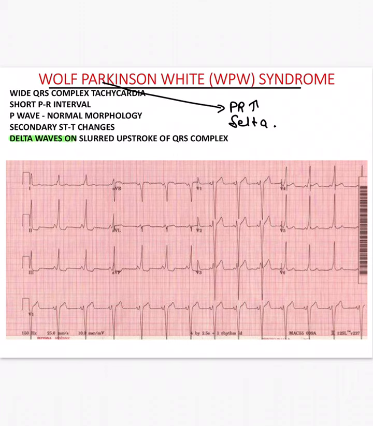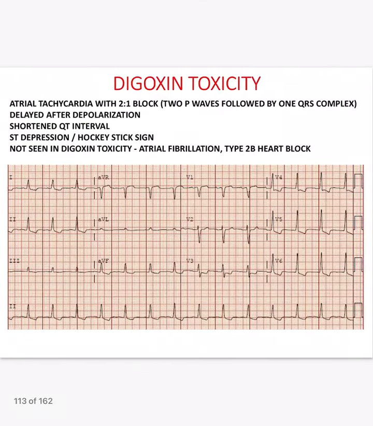So what happens? You have the delta wave, and this Wolff-Parkinson here, it's a short PR interval. I'll confirm whether it's short PR or increased PR. Wait, I think it was wrong, or it is wrong here. I will confirm and tell you guys. Okay, then you have the